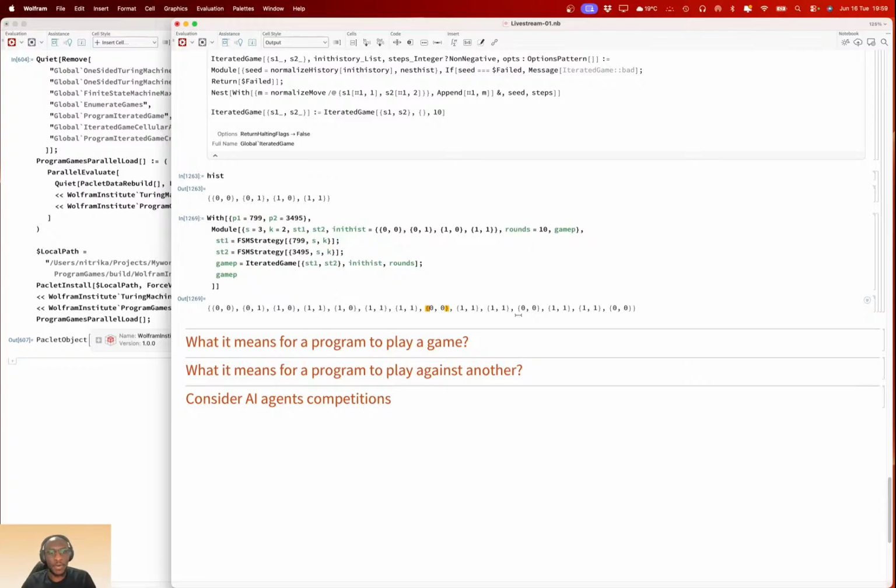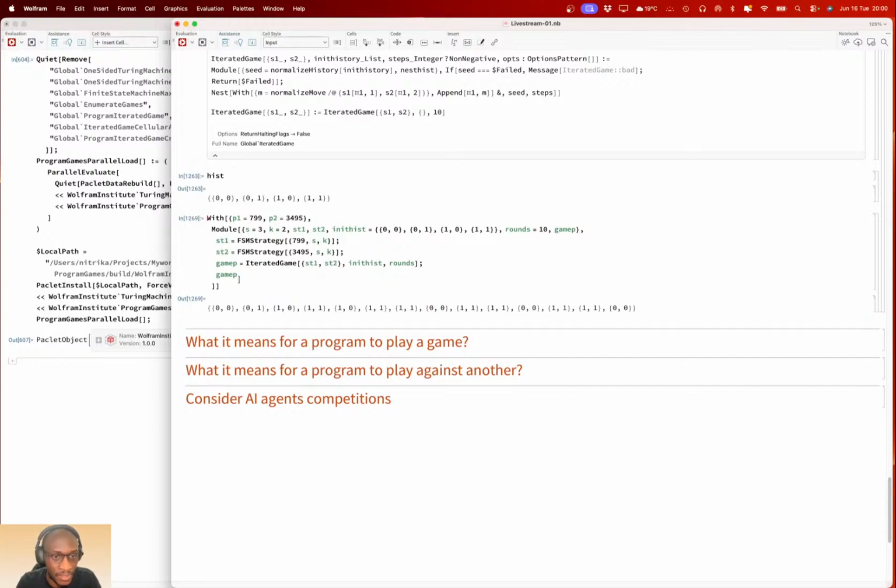It's not so obvious that they are actually repeating or periodic. They are periodic in a sense, unless you see it.